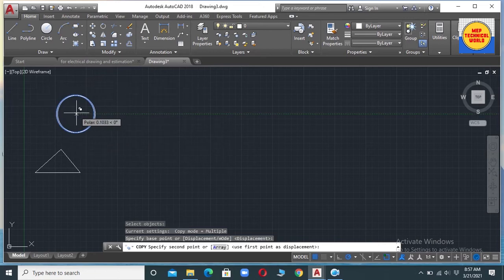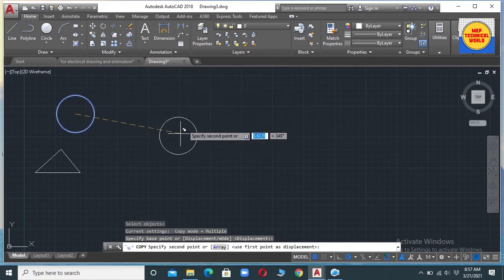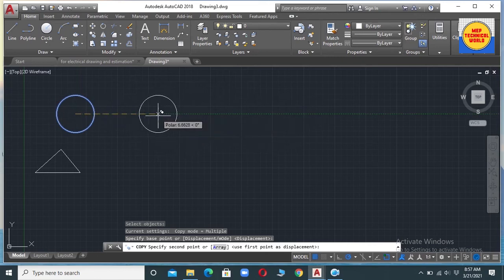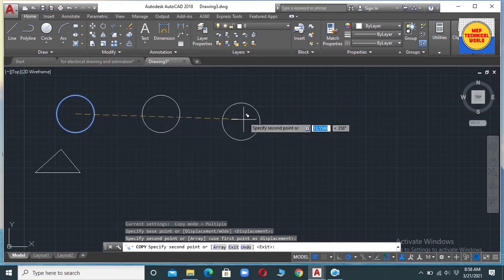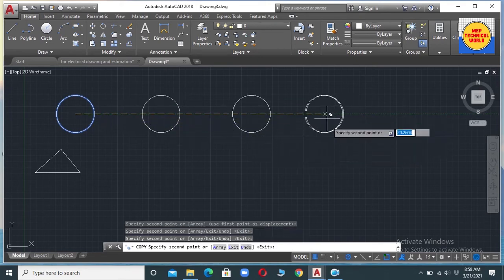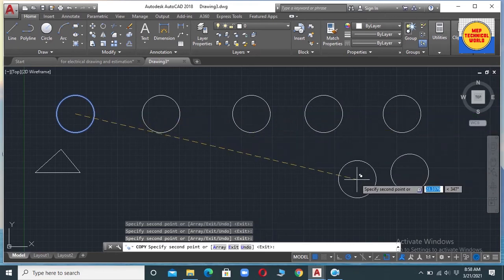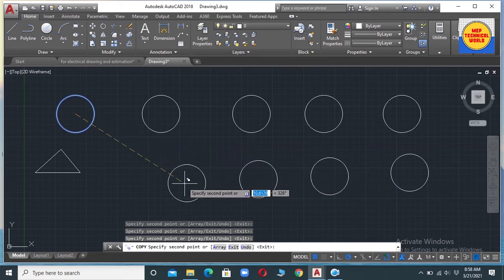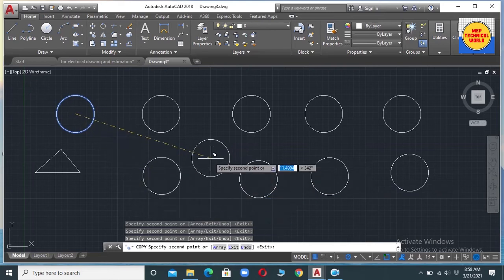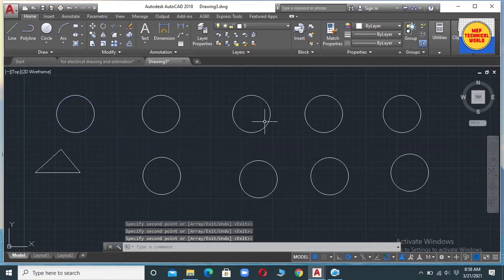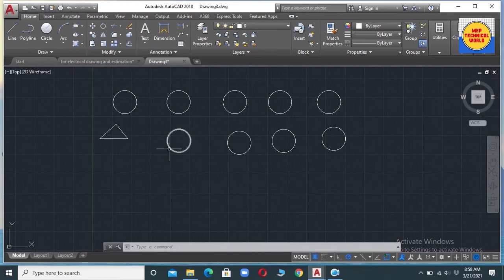Now we can drag the mouse wherever we want to copy this object. Suppose I want to copy this object over here. In this way we can copy the object at multiple positions. Finally, press space or escape to exit the copy command.